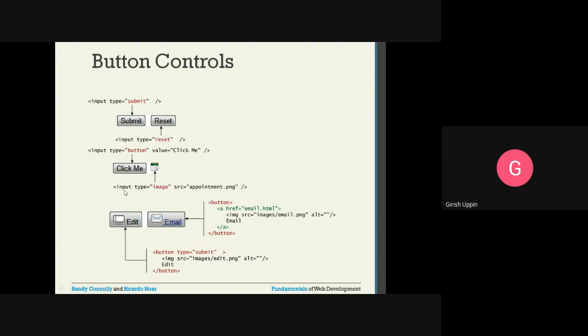And also we have input type image. This is the image, and the source for this image is provided using the attribute src. Src is equal to, inside double quotes, you give the png file. Whichever jpg or png you want to display, you provide that image file. This is with the assumption that wherever the html is present, the image file is also present at the same location. We'll show you the source code for that.